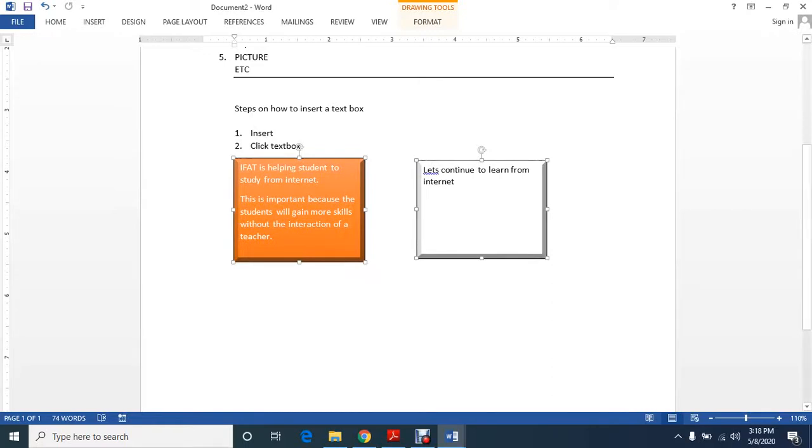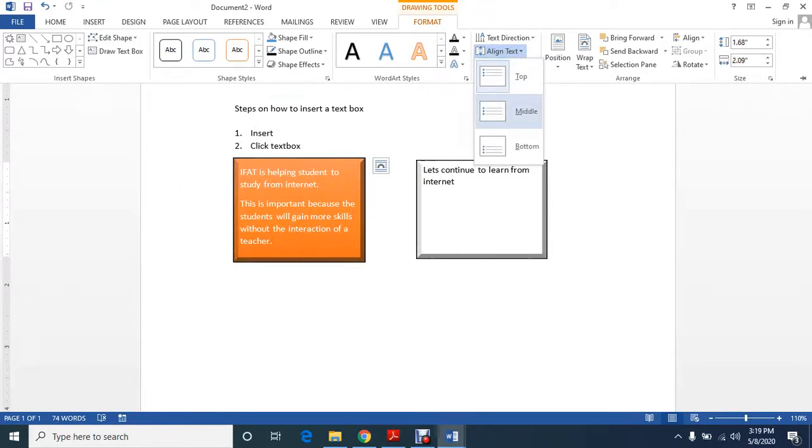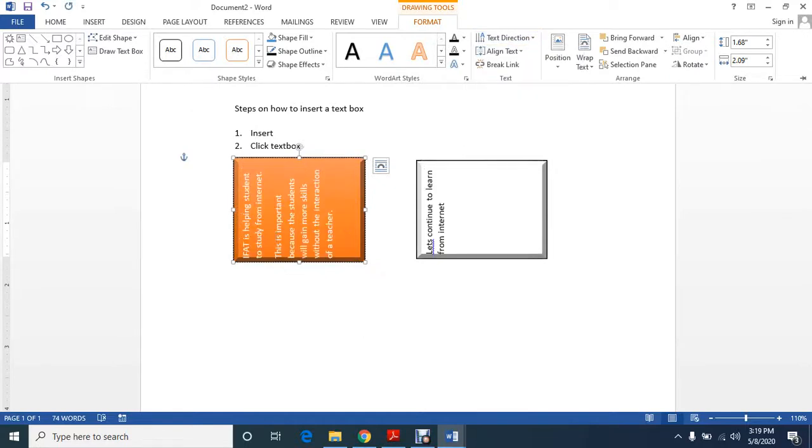We can change the text alignment by choosing Text Direction. We can align text center, or we can align it top or bottom as you want. And here let us choose the text direction in this direction.